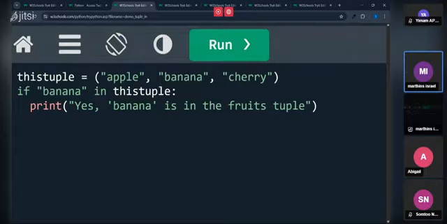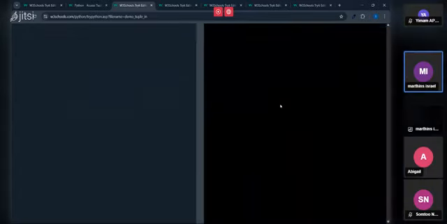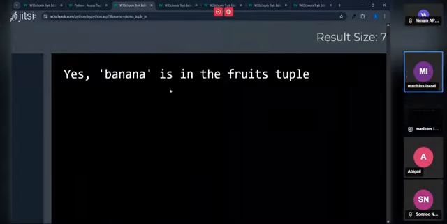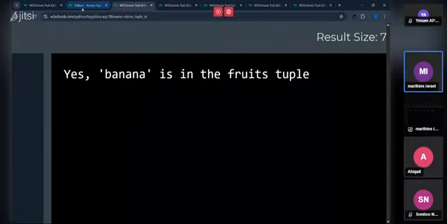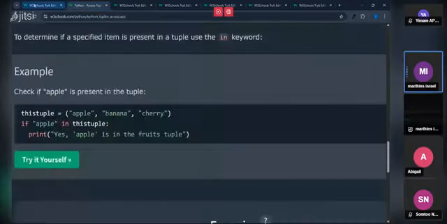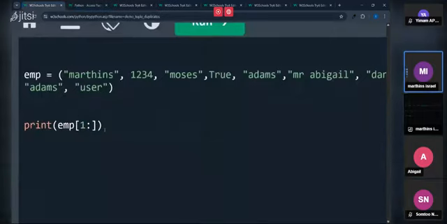If I run it, it will give me banana unless I have a typo. So that's how if statements work. In this list, if we want to run an if statement, we can say: if Mr. Adams